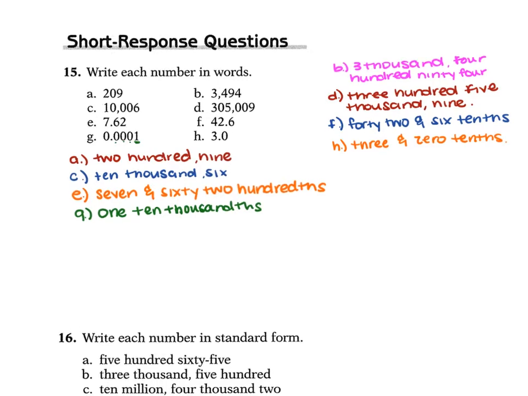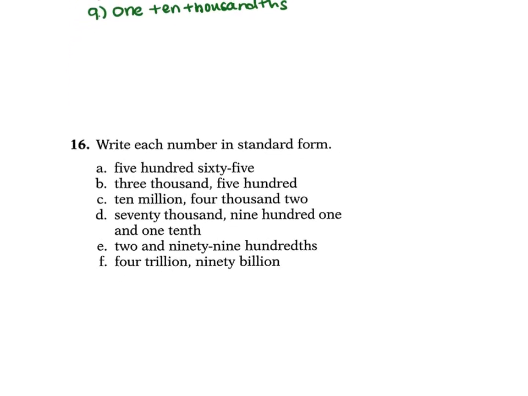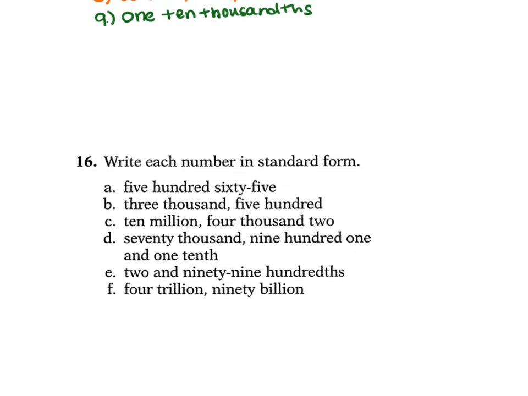For 16, we are writing each number in standard form. So we're writing these as numbers, not as word form. So for A, we have 565, so that's just going to be 565. For B, we have 3,500, so 3,